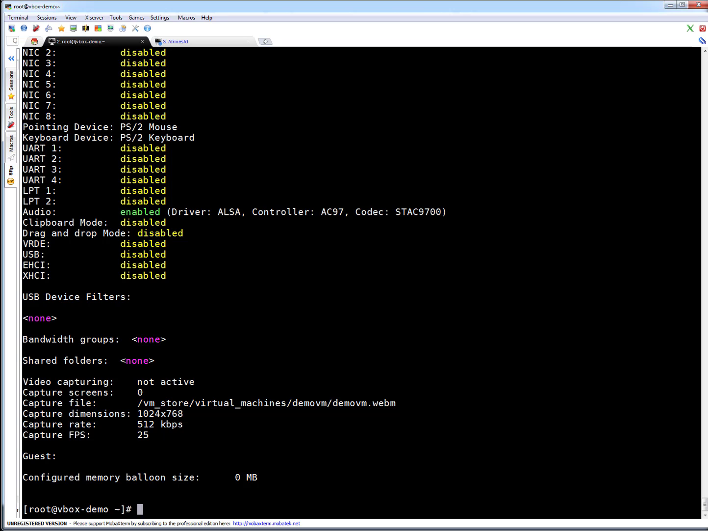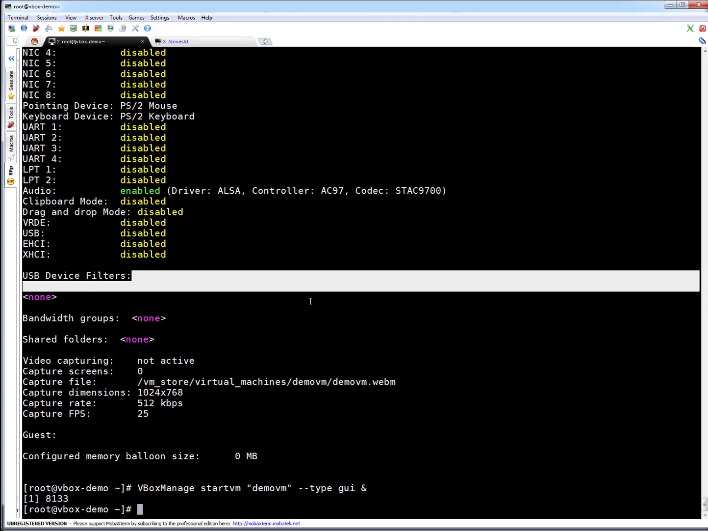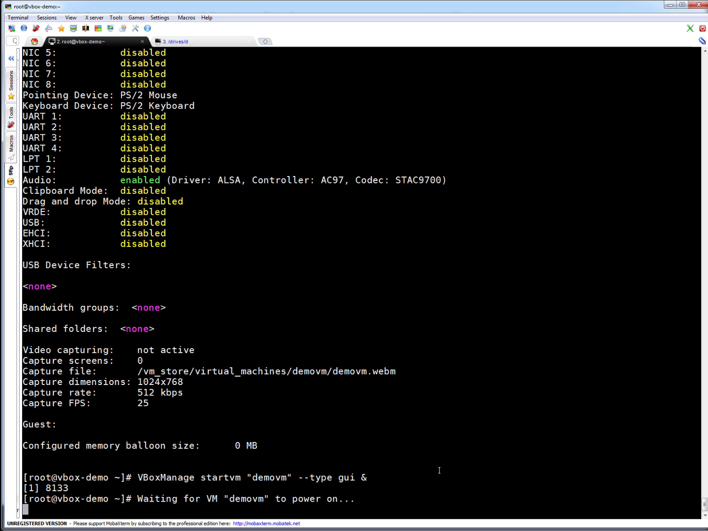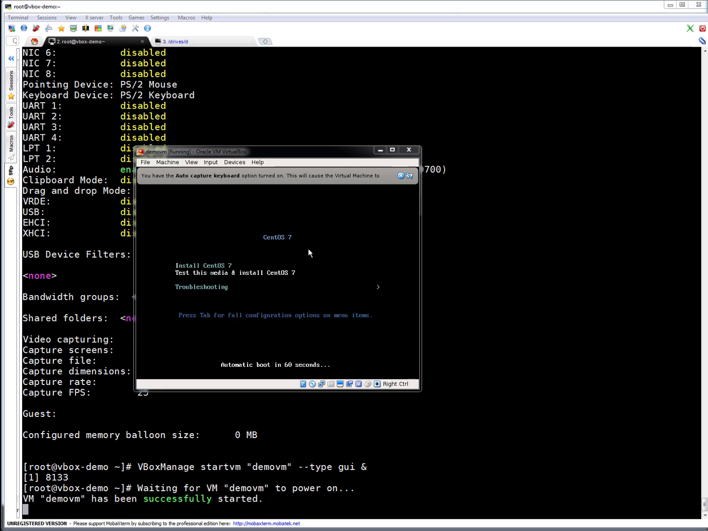Okay, so now let's power on the VM, or you can say start the VM. So startvm, VM name, type GUI, which is the graphical interface, and I'm running it in the background. It is waiting for the VM to power on now. Because I have X11 on my machine, you can see